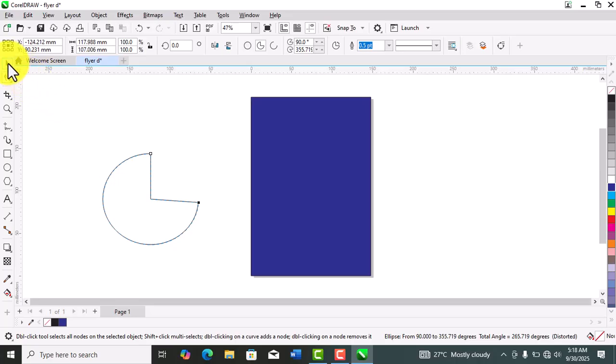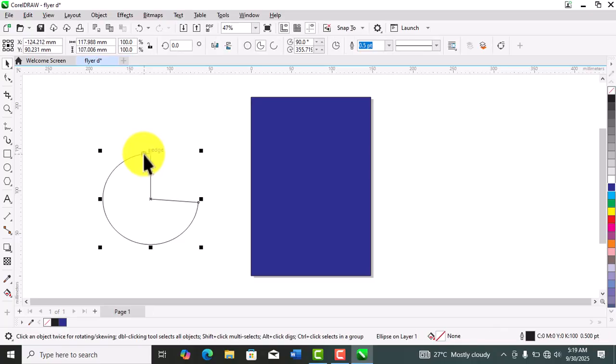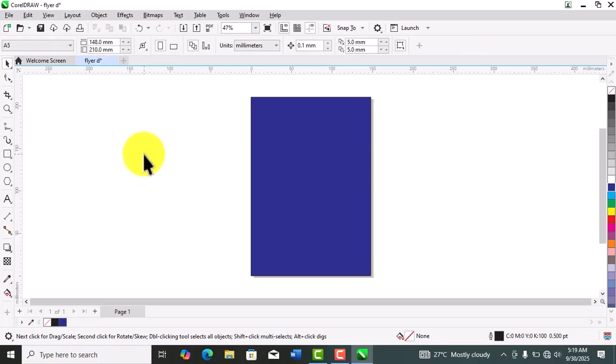I will come back to the pick tool, that's another thing. We use it to edit a curve, any curve that you want to shape based on the logo that you want to do. We also use it for another thing, manipulating nodes, and text characters, something like that. So just let me explain so that you can understand. So that is what we can use that one for. And then aside from that, we also have